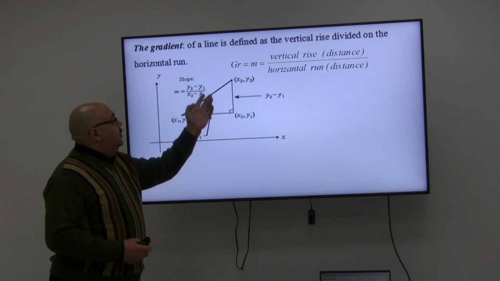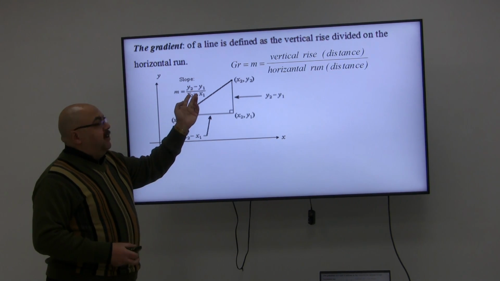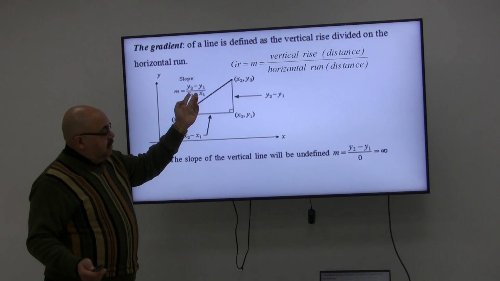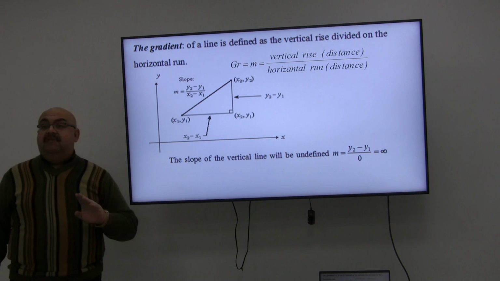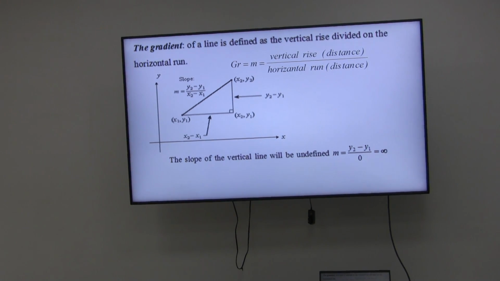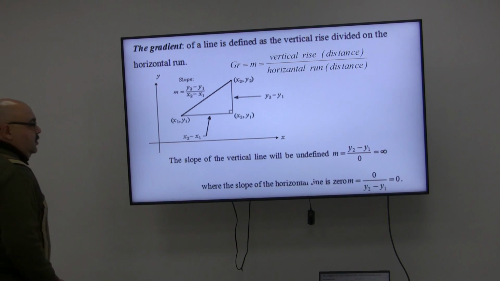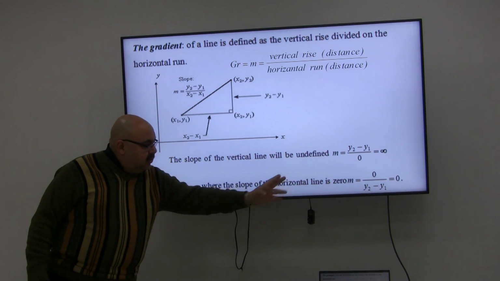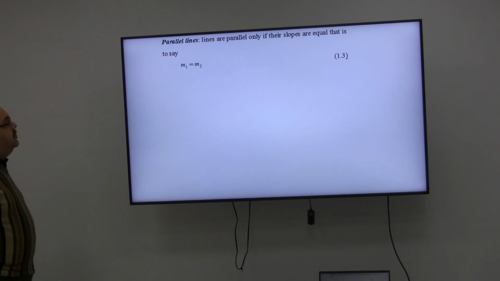All I have to do is get the difference in y divided by the difference in x, as you can see. One of the famous slopes that you will never forget is the slope of a vertical line. The slope of a vertical line is undefined. What's the slope of a horizontal line? The slope of a horizontal line is 0. So I am just reviewing your background and stressing these facts.